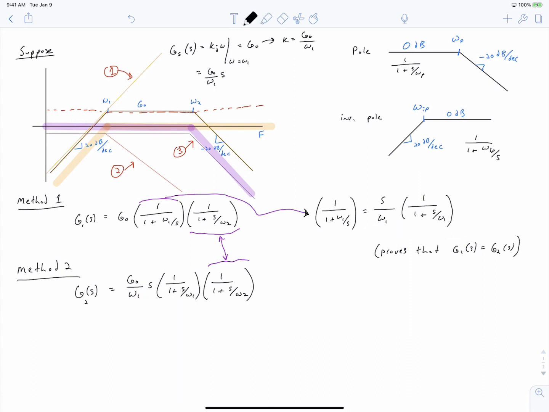Okay, great. So we had two approaches to do this. One approach required a lot fewer steps, and that was this method 1, where we made use of this inverted pole. The second approach was completely made up of our primitives, of our poles and zeros, and didn't have to do any of this business of inverted poles and inverted zeros, but it was more complicated to calculate. And the reason it was more complicated to calculate was because of the way that the information was given to us, because we were given a gain that occurred here in the middle of our frequency range, and we had